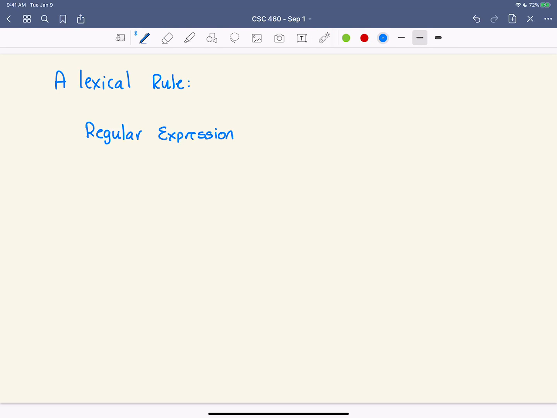We need a regular expression, and then a set of curly brackets, and in here goes some Java code to produce a token. So basically, it's going to be something like new token something something something.